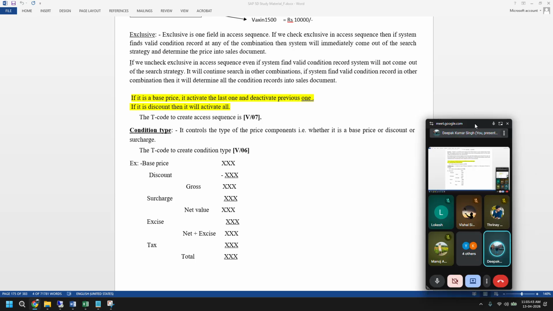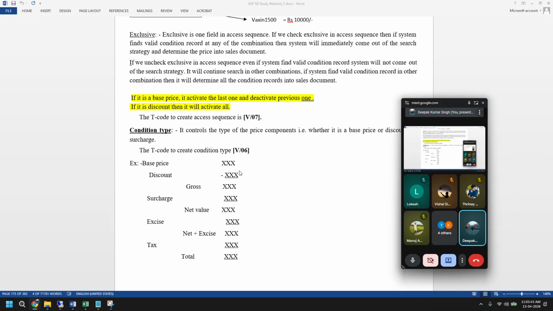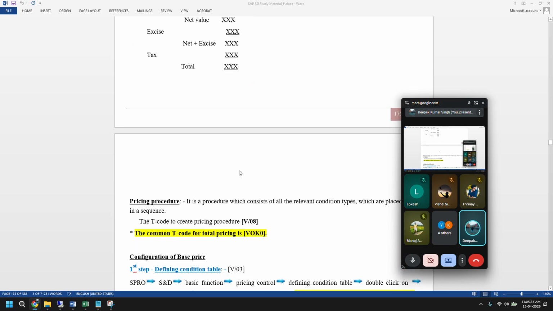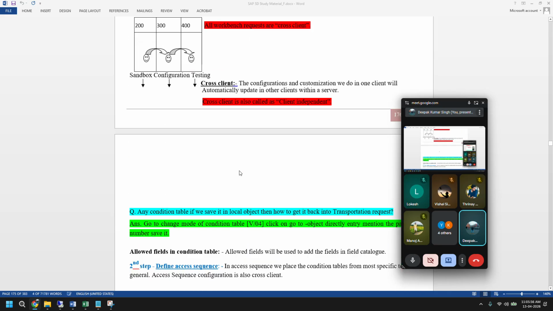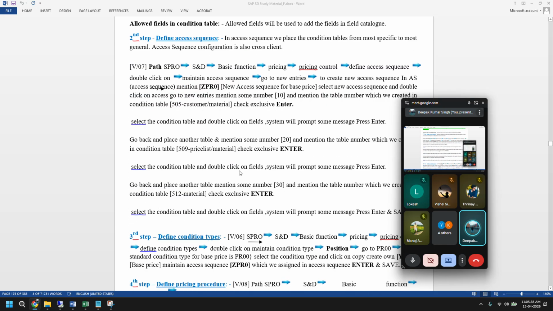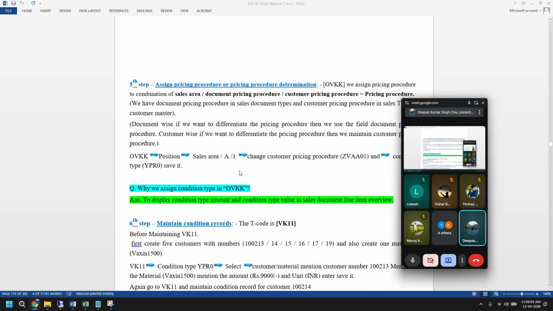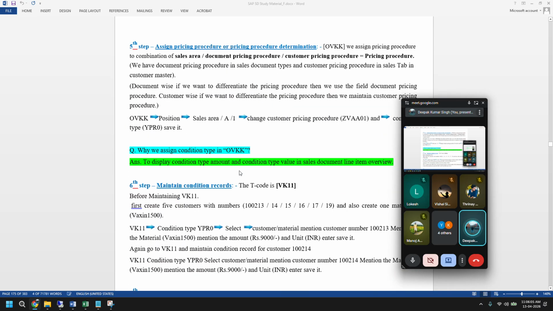We'll see all this, don't worry. We'll create one more condition type, maybe. We will create some condition table, some access sequence, and maintain some condition record. These things we'll do, don't worry. It's very easy and very interesting also. And as I said, sometimes the whole interview will be